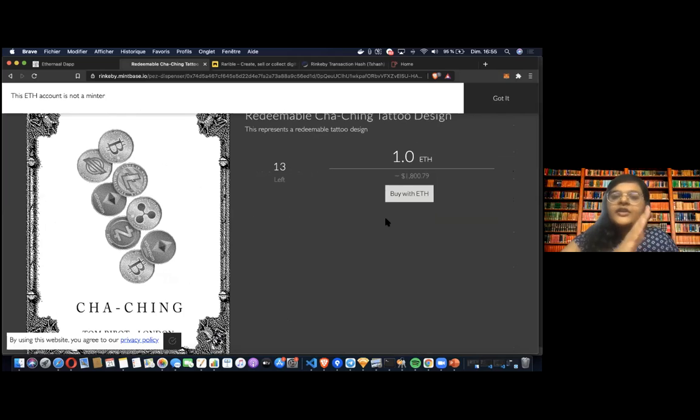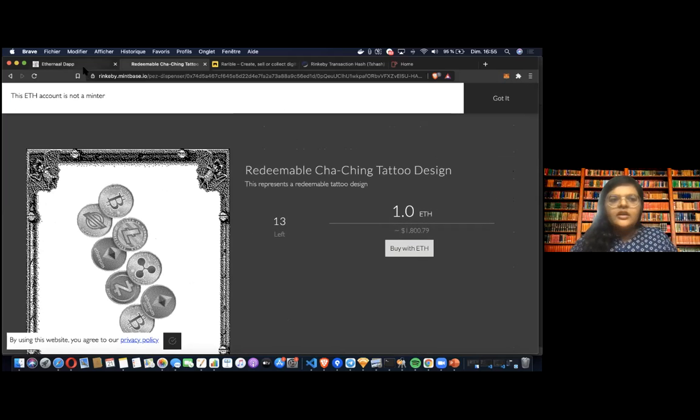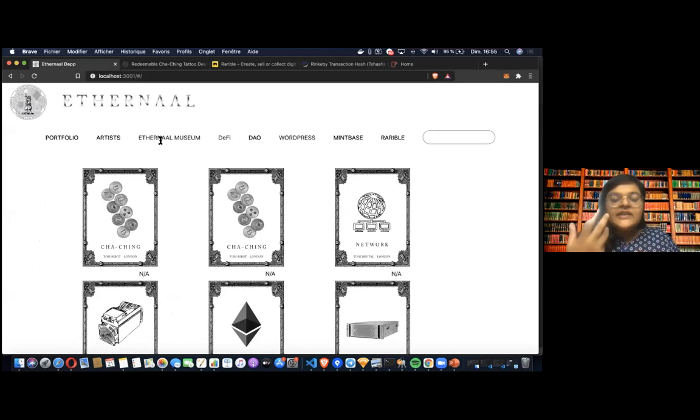We also have non-redeemable tattoos, wherein they can just see the tattoo design if they are interested to buy other NFTs of the artist, but they cannot buy that particular NFT because that is non-redeemable. So redeemable NFTs is one of the features that we have added to our pool of NFTs, which can be redeemed with a tattoo artist once they own that NFT.